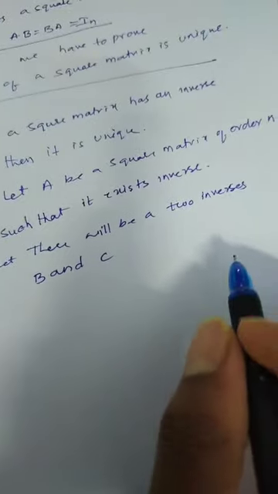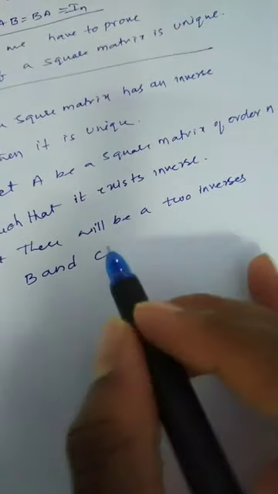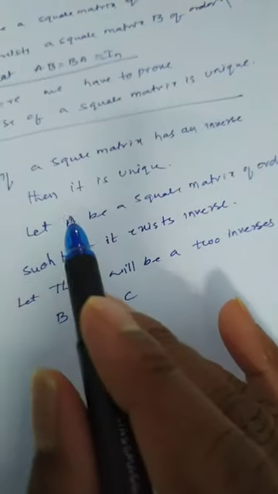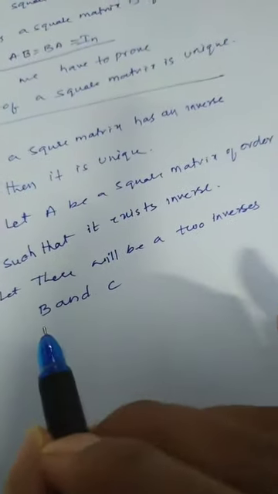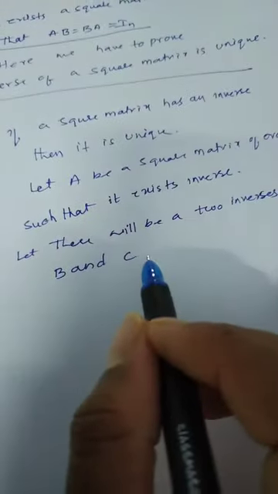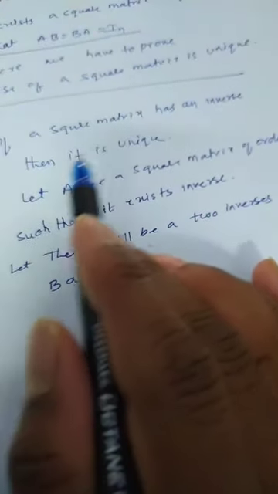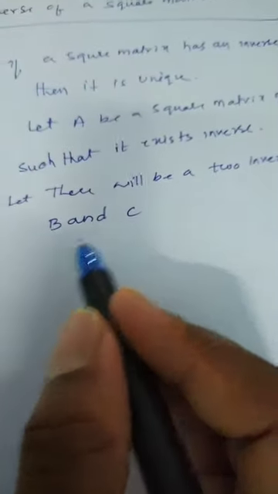So here we are going to prove that the inverse is unique. But if there exist two inverses, B and C, both inverses of A, then we have to prove that these B and C are not two different matrices, they are equal matrices. B is also an inverse of A, C is also an inverse of A. But here we are proving that the inverse is unique. So here I am considering B and C both as inverses of A, but finally we have to prove these B and C are not different, they are equal.